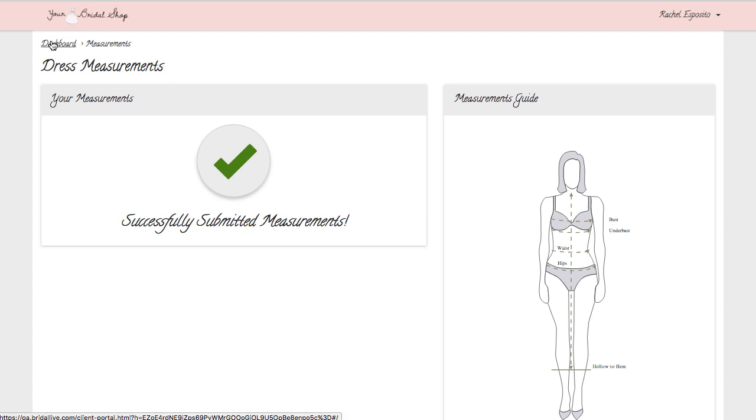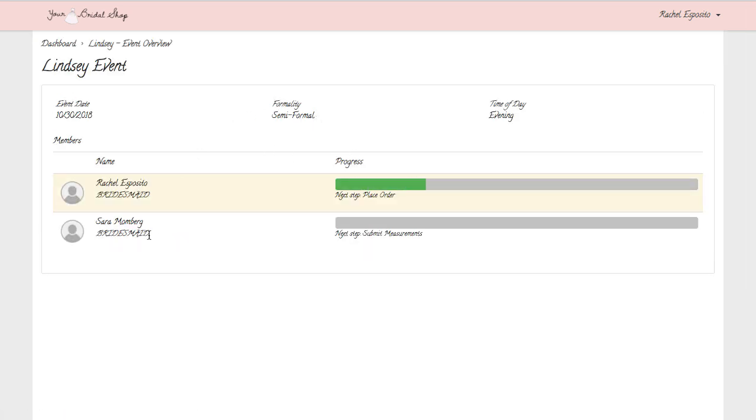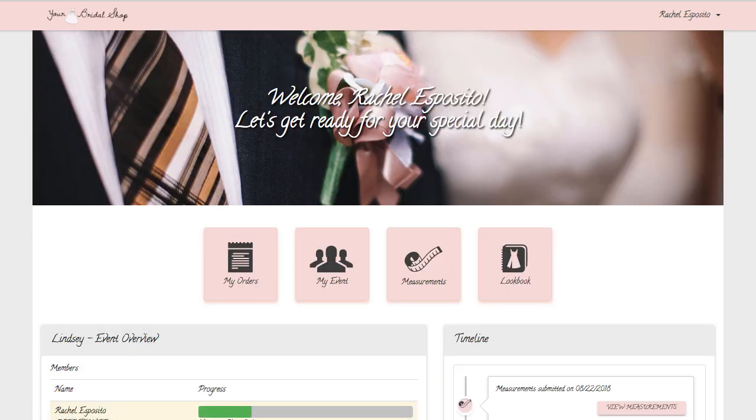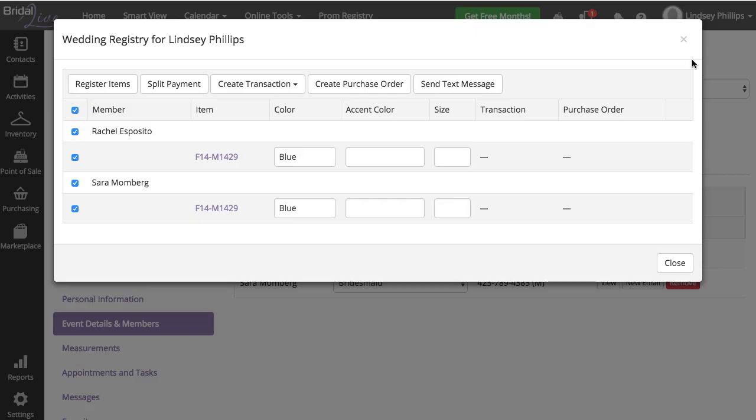And you notice that on the dashboard, she can see she's in Lindsay's event. If she goes to my event, she's not going to be seeing the mobile number or the email address from the other bridesmaids. She's only going to be seeing that bridesmaid's progress bar. If we go back to our bride's client portal and refresh our screen, you'll now see that the step to submit the measurements has been filled in by Rachel Esposito because she submitted her measurements. And if we look at BridalLive,